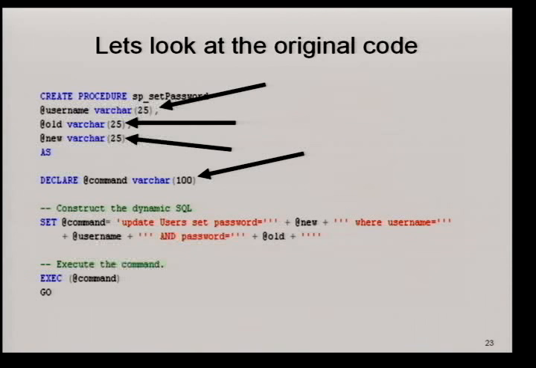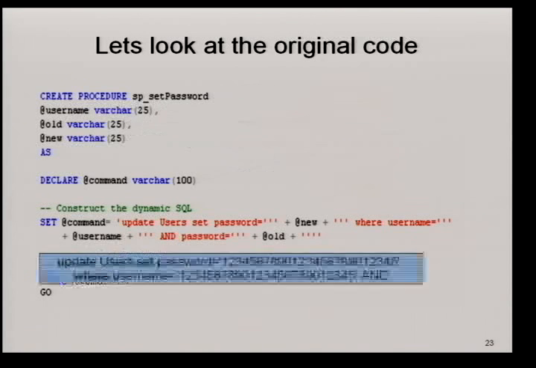So what happens in this particular example? If you pass 25 characters for all the variables, the command is going to get truncated right after the AND operator. I passed 25 characters as the new password, 25 characters for the username, and after the AND, because it can only hold 100 characters, the command gets truncated. It's not a valid SQL statement because it's not complete, so when this statement gets executed using the exec statement, SQL generates an error.